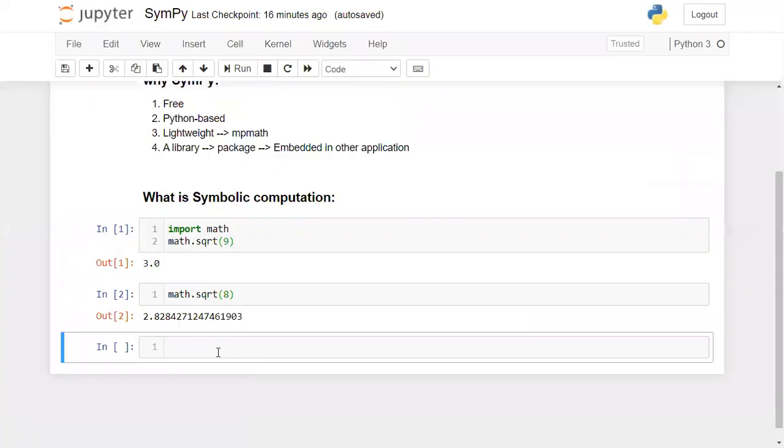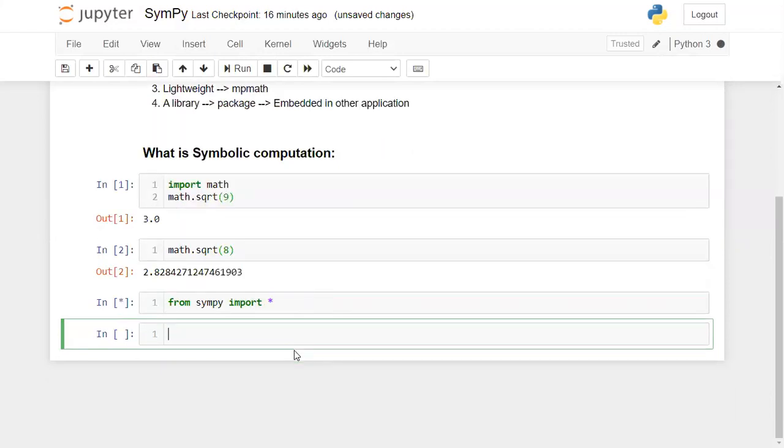Now you can go with your SymPy package. Now I'm importing SymPy. I want to import all the functions of SymPy, so I'm writing from SymPy import all, because we are going to discuss multiple functions in this session. So I don't want to import all the functions again and again, so I'm importing all the functions using an asterisk. Now when I run this, it will take some time to load in your Jupyter file. You just wait for a couple of minutes. Now it is done, right?